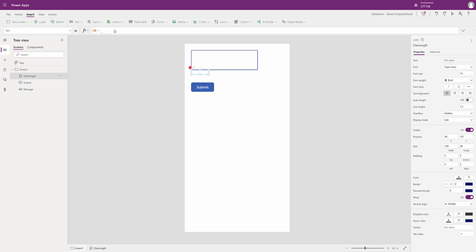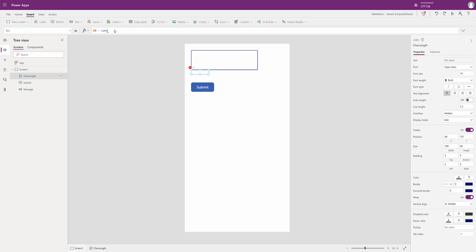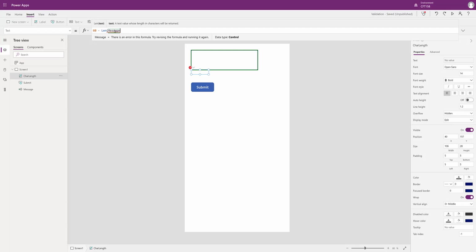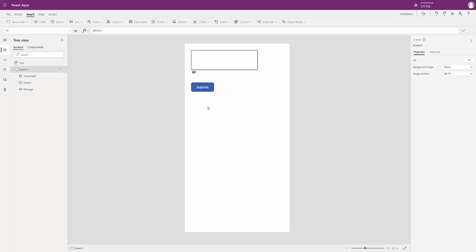So we will subtract the length, that is len function. So in length function we will enter the message dot text. So whatever is the length of the text box at any given point of time, subtract that number from 60, right? So let's say 60 is my limit that I want to, could be anything in your case. So let's save this app and try to run it.